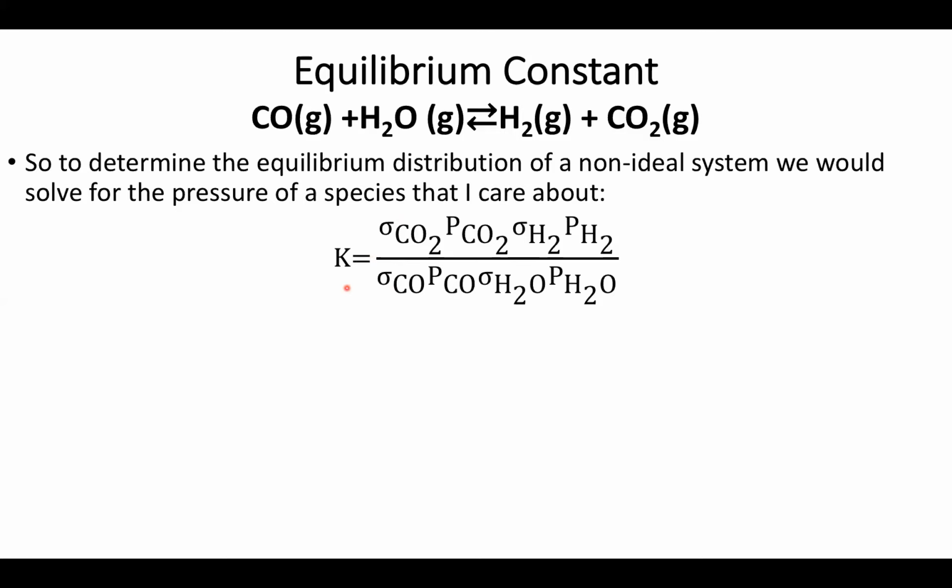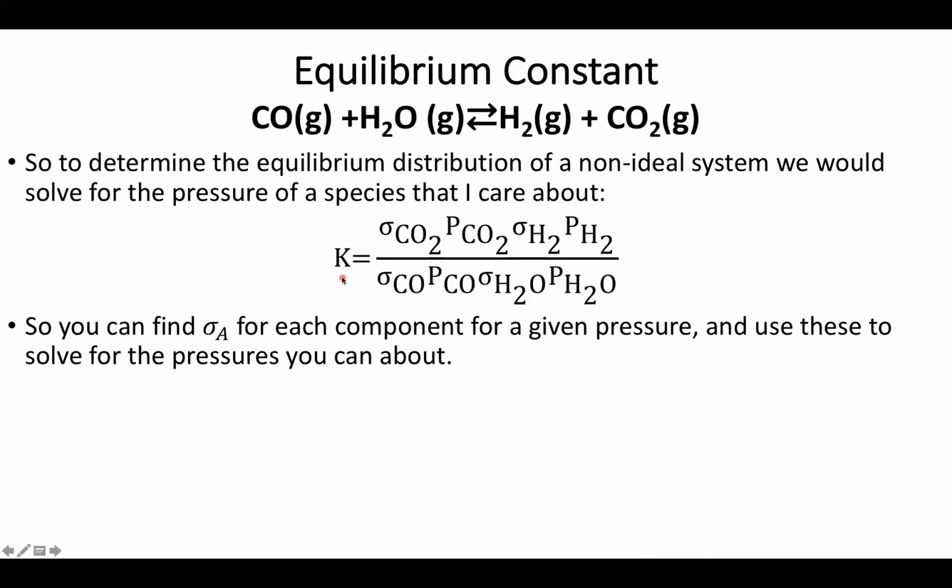So here ends up being the real trick. If I have a good set of tables that will give me the fugacity coefficients for a given pressure of the system, how will I end up using those to solve for the equilibrium constant? So here's the real trick. Using the ideal pressure, I can try and solve for my fugacity coefficients. But the issue is, as soon as I have my fugacity coefficients, the pressure in my system may end up changing, which means